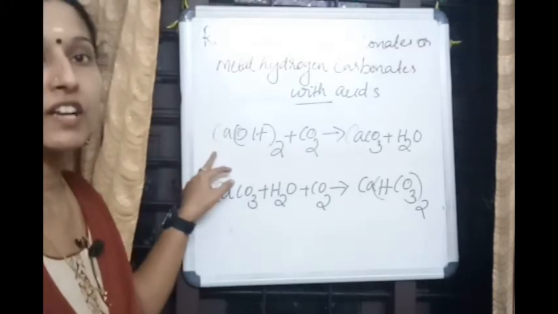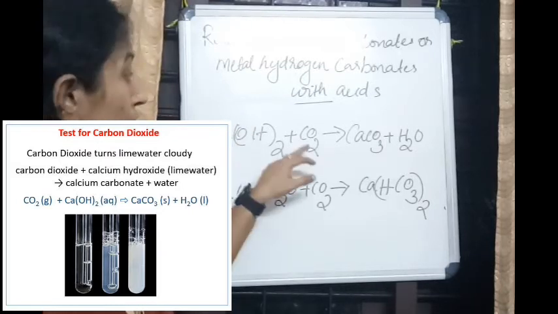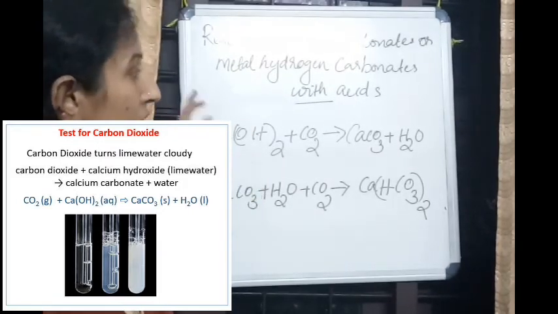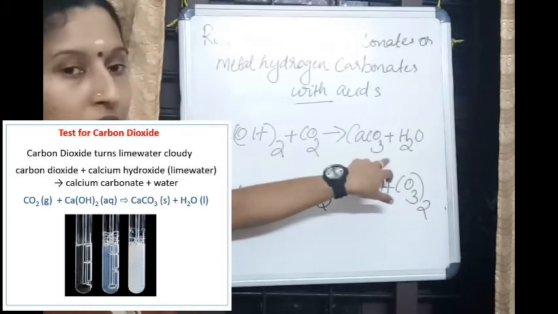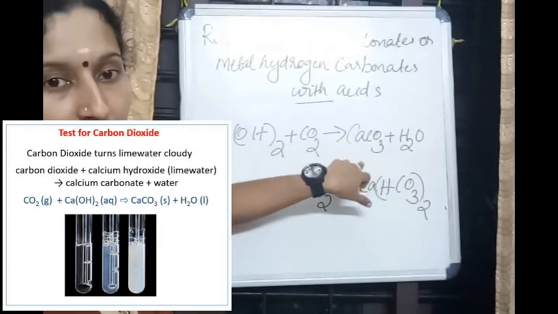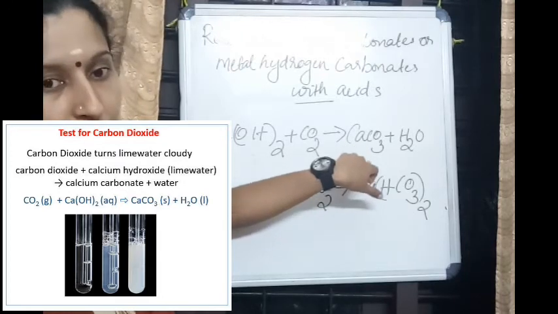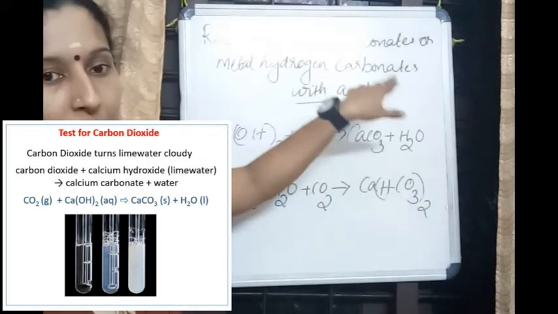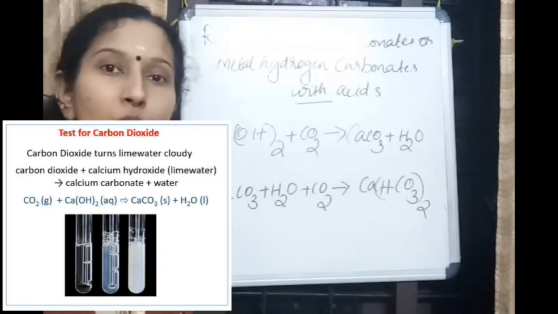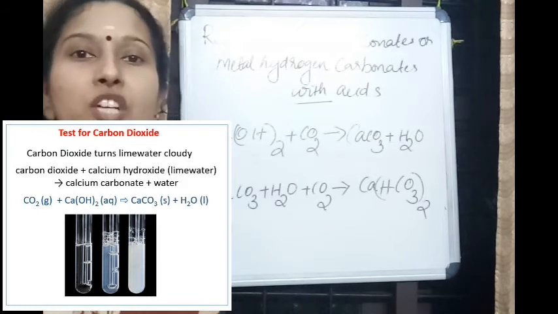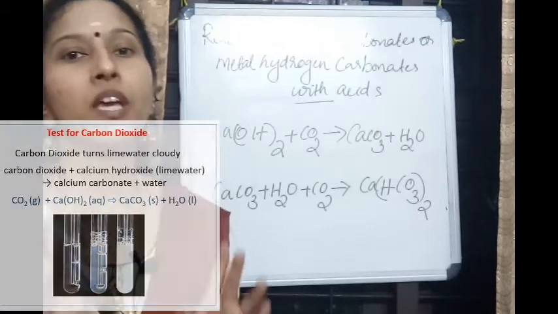So which is the confirmatory test for carbon dioxide? On passing carbon dioxide gas through lime water, if it turns milky, that is the indication of carbon dioxide gas. So why is there the formation of white color? Due to the formation of calcium carbonate. The color of calcium carbonate is white. You know chalk, what is the color of chalk? Pure white, no? That chalk is made of calcium carbonate. So that milky white appearance is due to the formation of calcium carbonate.